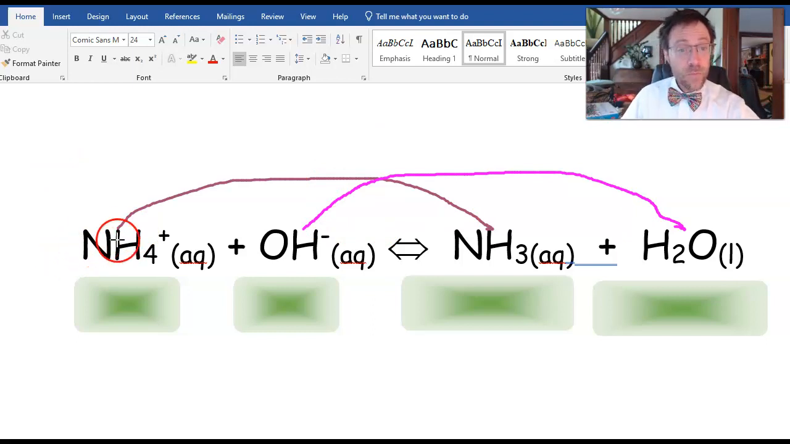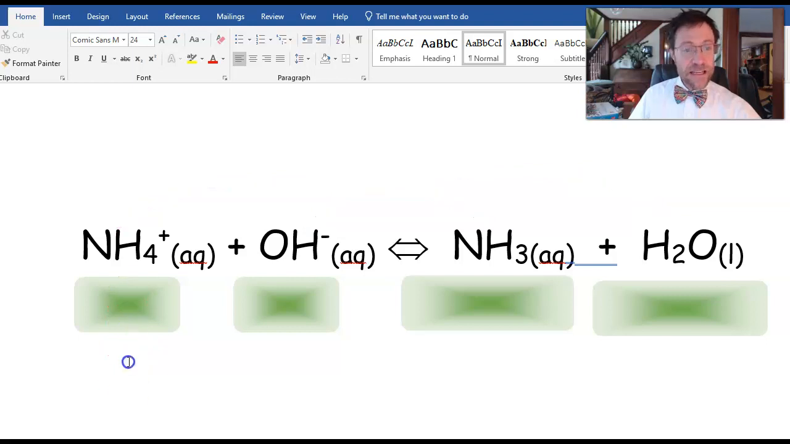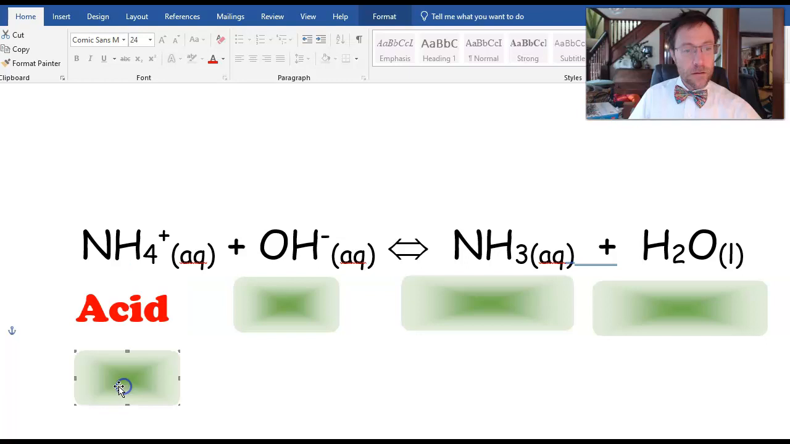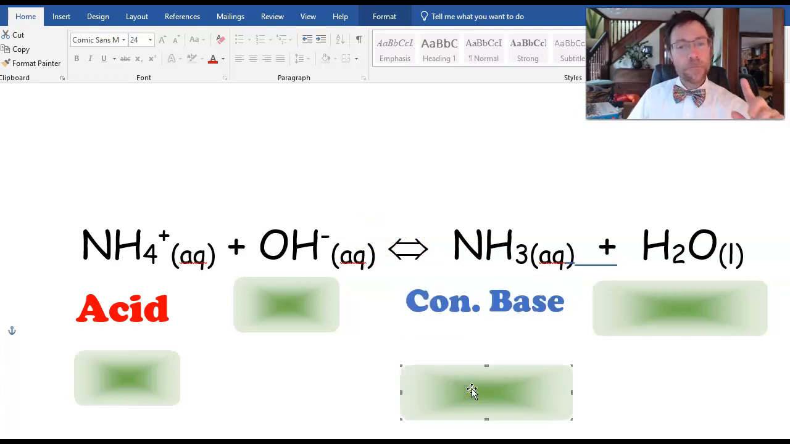NH4 turns into NH3, and when it does so, is this stuff gaining a hydrogen, or does it have to lose a hydrogen to turn into NH3? It has to lose a hydrogen, and so that makes this an acid. You guys understand? So this is the acid, and that makes this the conjugate base, which kind of makes sense